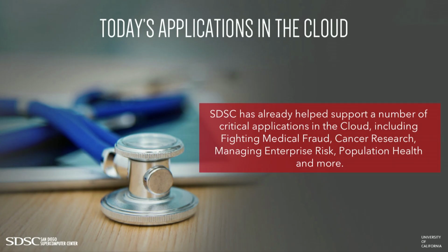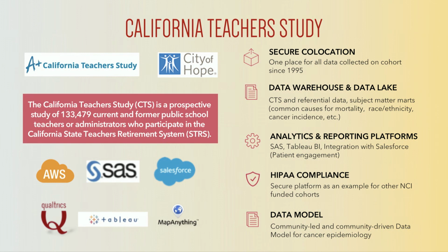So let's look at some examples of applications that we support. We've done a number of these things. We've supported the government in fighting medical fraud, cancer research, risk management, and population health. So a lot of healthcare focus, but just to give you a little bit of a sample. Here's an effort we are currently doing with a group called the California Teachers Study. It's a partnership with City of Hope, which is a cancer hospital and research organization in